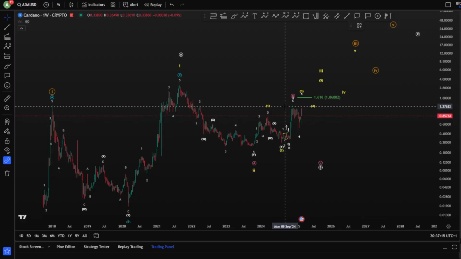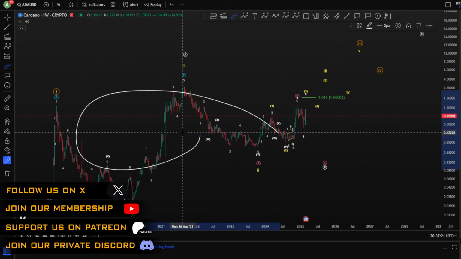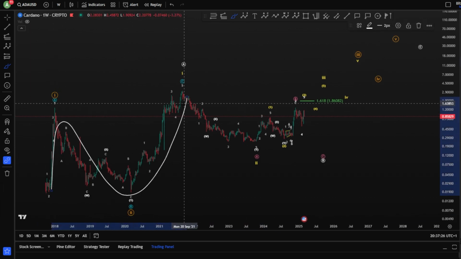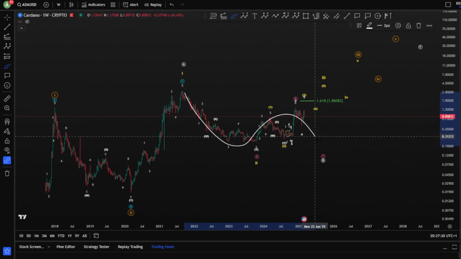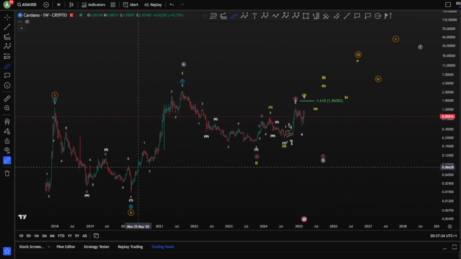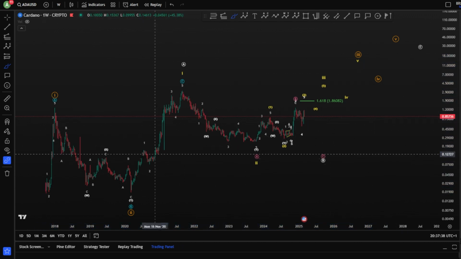Hello everyone, welcome to a new video for Cardano price prediction based on Elliott wave analysis, and of course starting on the overview for the bullish and bearish scenarios here. We have an A, B, C toward the upside, finishing three waves up. Of course, you're looking for three waves down, meaning a bearish scenario, and then moving toward the upside again, and continuation for higher prices.